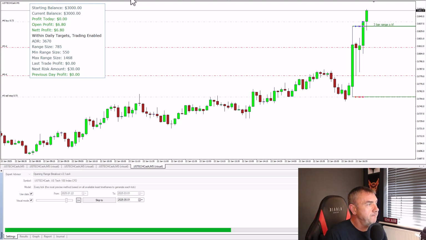So here is your open. If I plot a little line there, you can see that that is 1630. You can see all the tight price action we had before the open. And then we've got to this big candlestick here, which is your first 5-minute candlestick. Now, that first 5-minute candlestick was large enough, in this case, for us to trade. It was 785, which is above the minimum of 550. So what the EA's done is it's placed those pending orders for me on the chart, and we are away